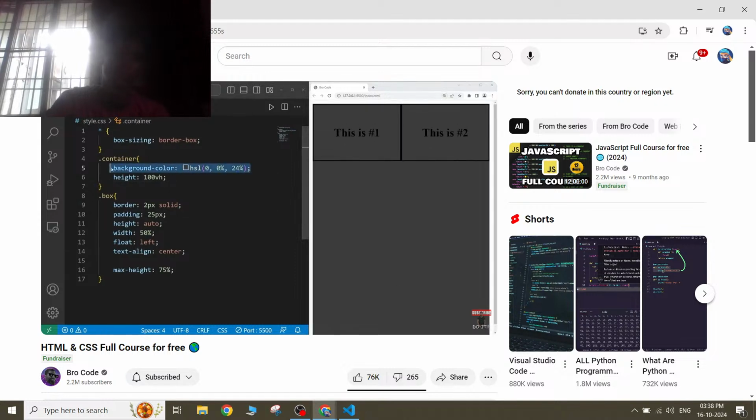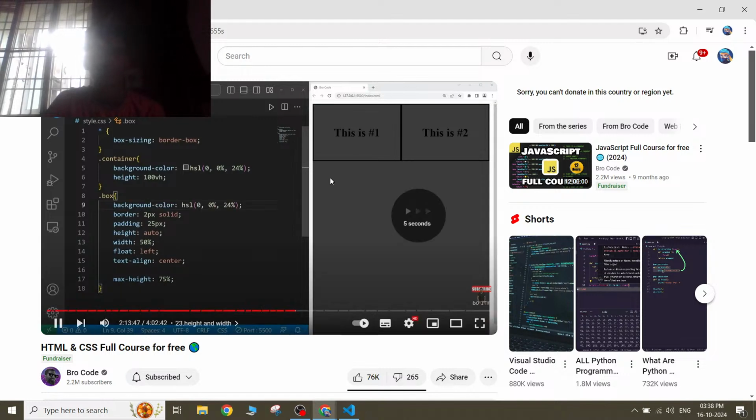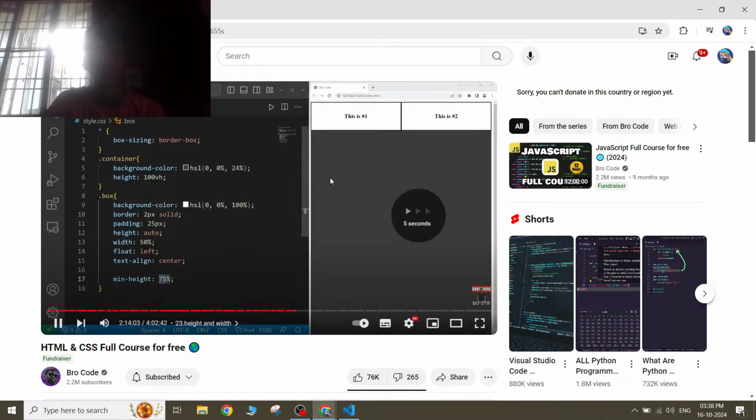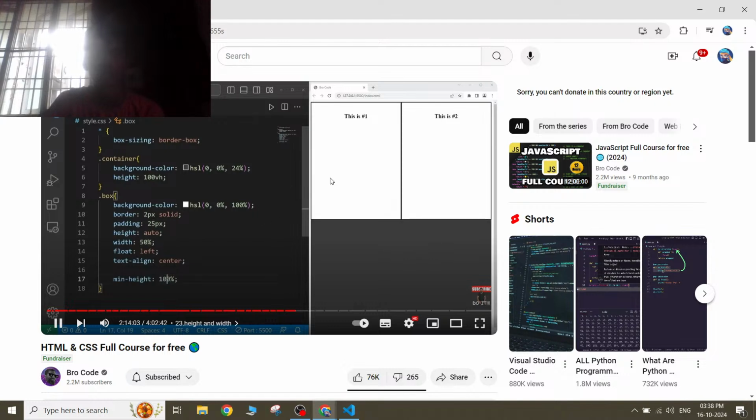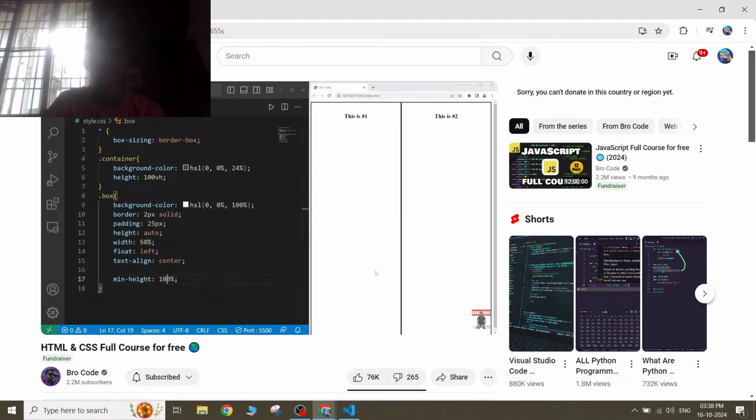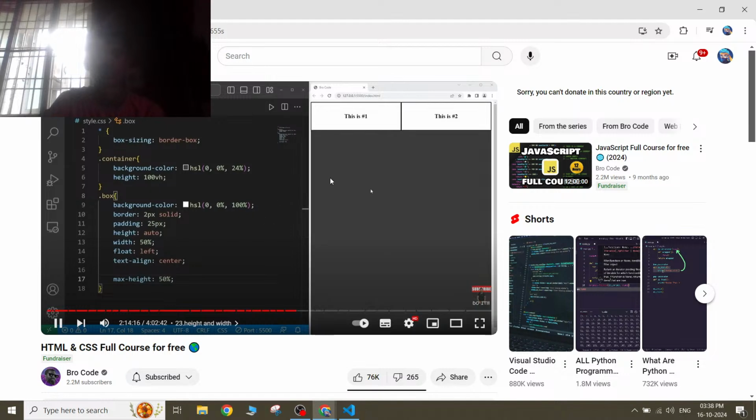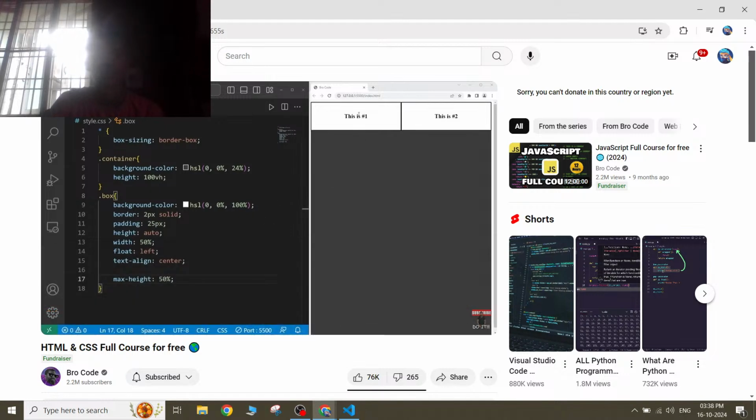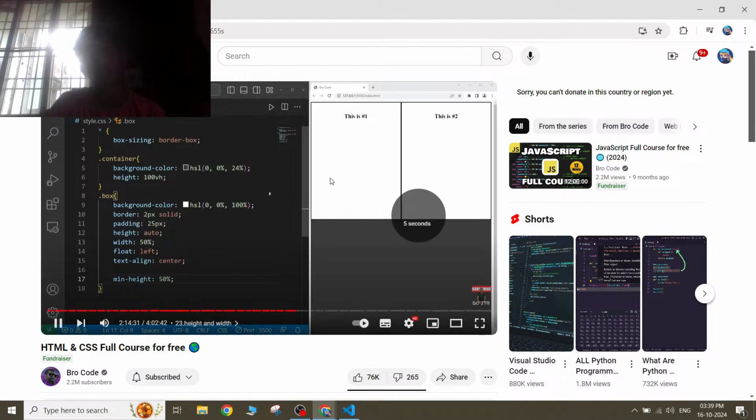So with our boxes, let's change the background color because I can't really see them that well anymore. If we set the minimum height to be 100%, we take up the entire space, because there's not enough content. If I absolutely need these boxes to take up at least 50% of the height of my window, I would use minimum height instead of